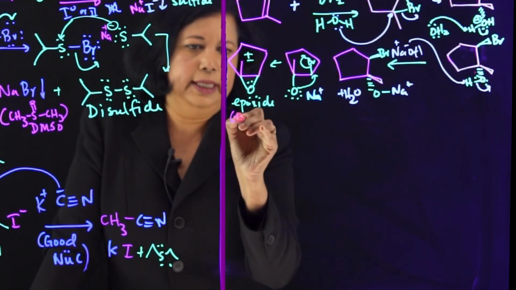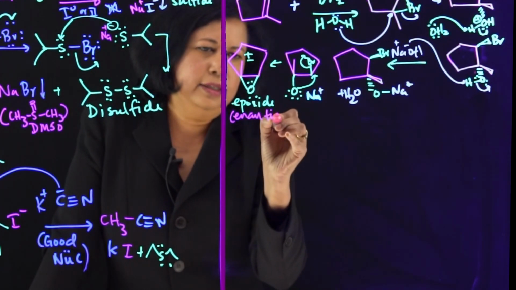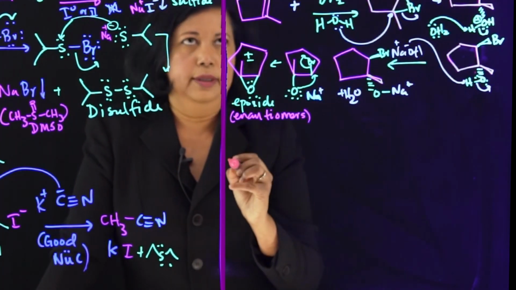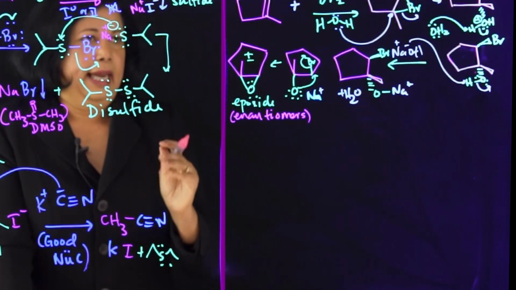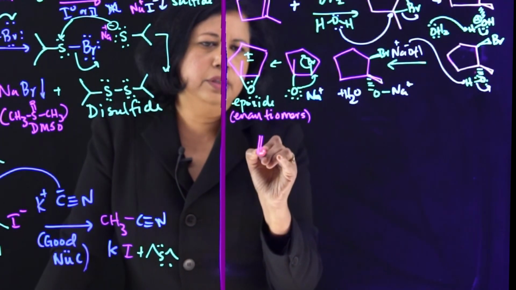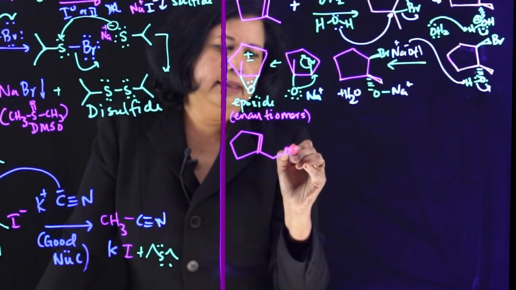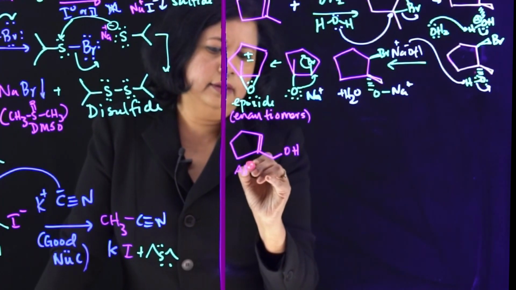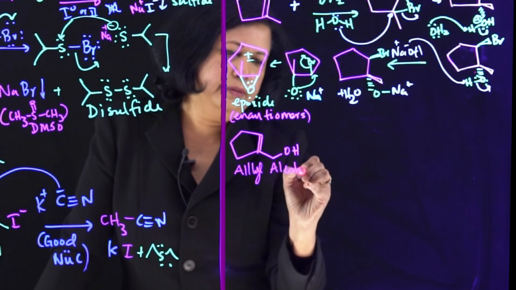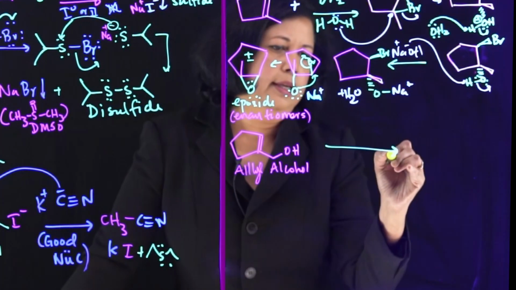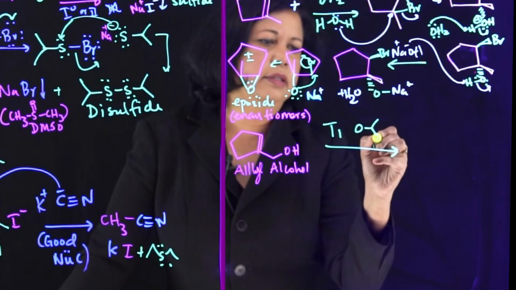So here you're going to get enantiomers, and that's not that great. So if you want only one of them, you want to throw in a catalyst, and that also only works on allyl alcohol. So here's an allyl alcohol, and I really don't have that much space, so I'm going to skip the mechanism here. And you use titanium isopropoxide